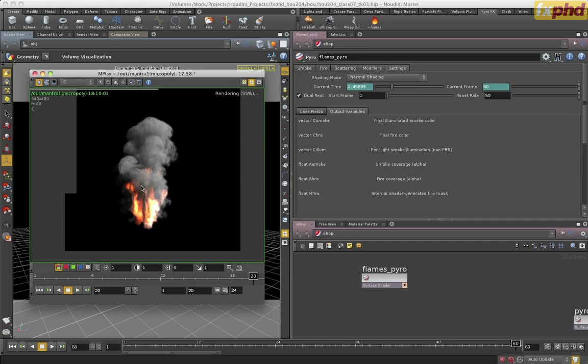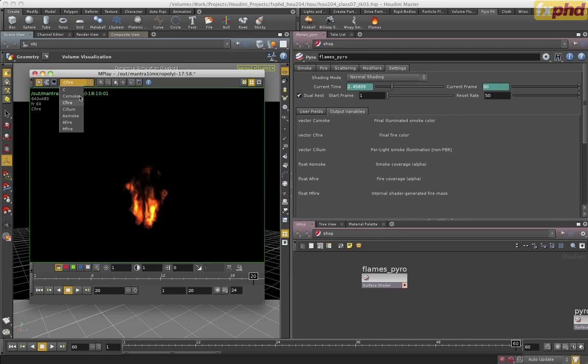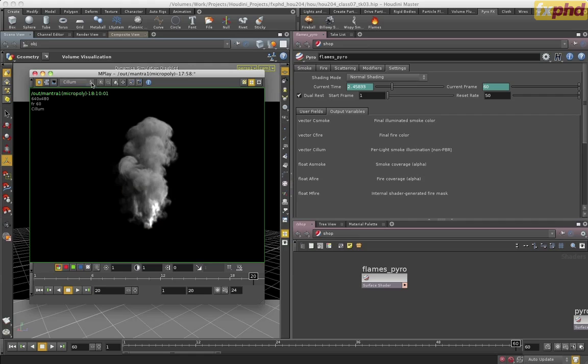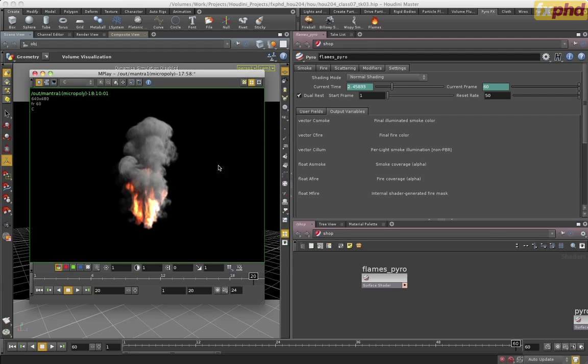But you'll notice the render was still pretty quick, but it created all these different passes for us. So there's csmoke, there's cfire, cillume, asmoke, afire, and mfire. So you can then take those different passes into compositing, and they're already broken out for you, and it took no extra time to do this. And that's all you need to do is add these in